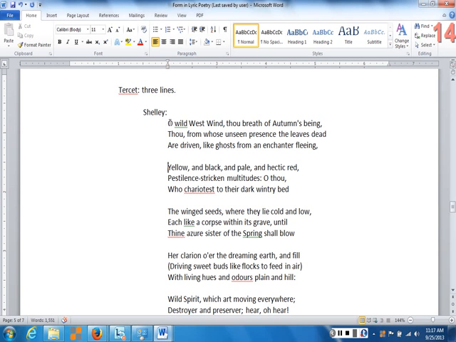All right. Now, notice that Shelley is linking these stanzas together the same way that Frost was linking his stanzas, by repeating key rhyme sounds. So what is Shelley doing? We've got A with "being," B with "dead," A again with "fleeing," and then in the second stanza, B with "red," and then with "thou," we go on to a new rhyme. That would be our C rhyme, "thou."